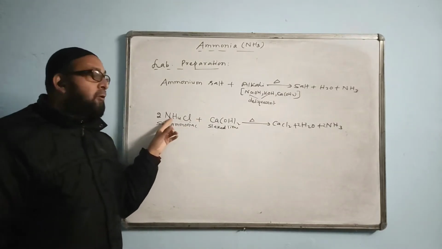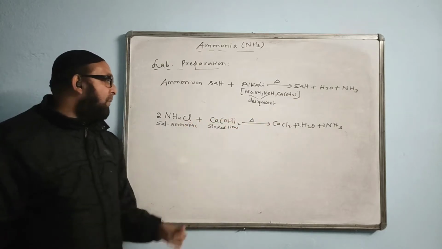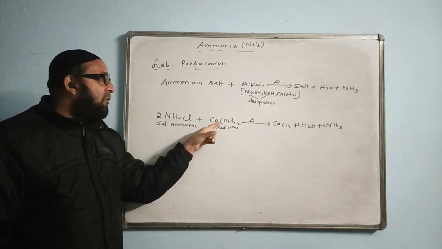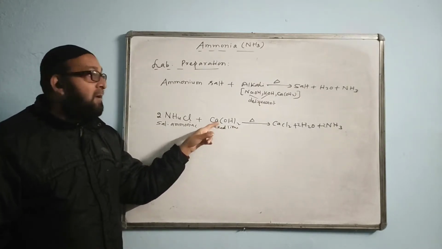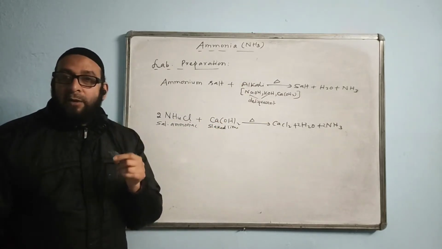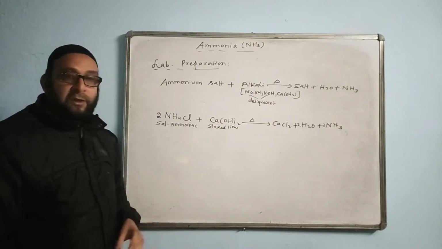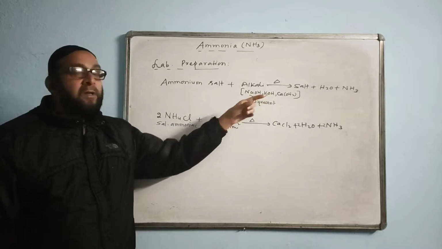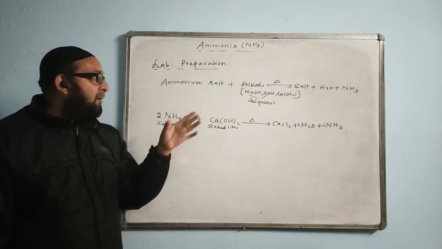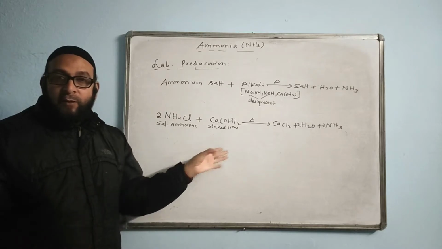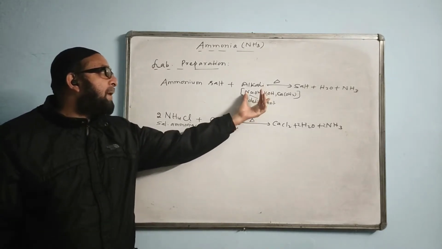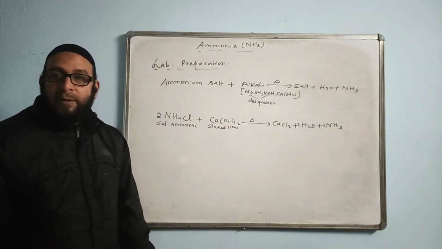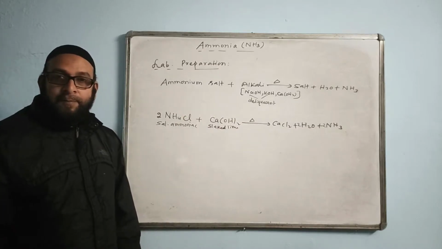Why do we prefer ammonium chloride for the preparation of ammonia? Because it is cheap and easily available among the ammonium salts. Why do we prefer calcium hydroxide or slaked lime as an alkali? Because it is non-deliquescent in nature. It is not going to change into liquid. We can use NaOH, KOH provided that they are freshly prepared and we are using them. If you freshly prepare and use them, there is no problem because you are not exposing them for a longer time to the atmosphere, then we can use them for this reaction.